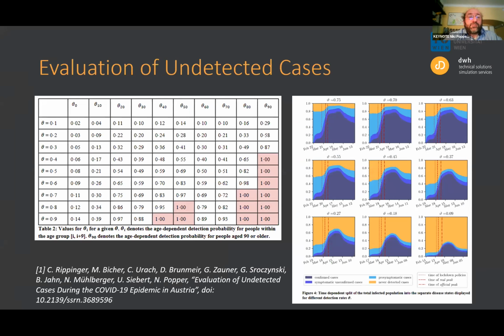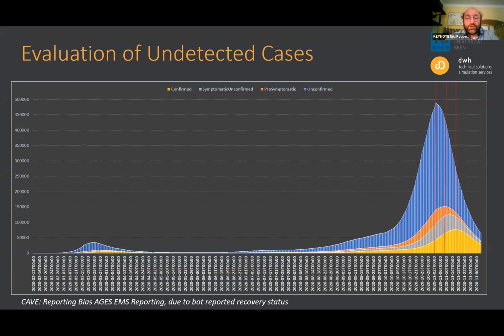Another important aspect is evaluation of undetected cases. That's one point which is probably one of the biggest features in our model. So we can compute not only the future, but also the history with the dynamics behind based on some hypothesis. And we published this, and it's a very important thing that, for example, you can see it on the yellow curve, you have the actual detected cases, and that a lot of other dynamic aspects are beforehand and are already in the past when we have with the detected cases the maximum.